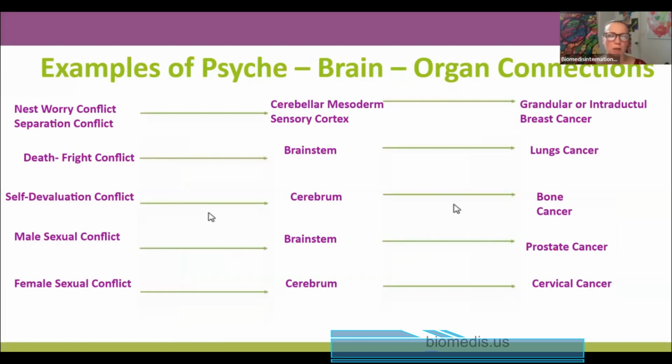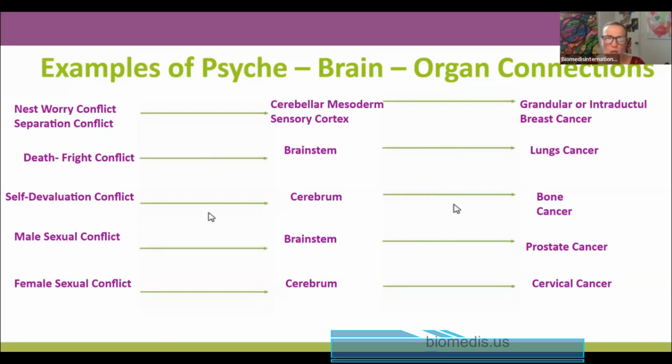Okay. Next, let's see some examples of how it all works, and the psyche, brain, and organ connections. For example, a mother has some kind of nest-worry conflict. For example, it's something connected to her little child. Maybe her child got very, very sick, or maybe was in danger or something else. She got this conflict, right? And she has the focus in the brain in the cerebral mesoderm. That's the area that will be affected if this emotion happens. And then when the child is okay and the conflict passes, sooner or later she may develop